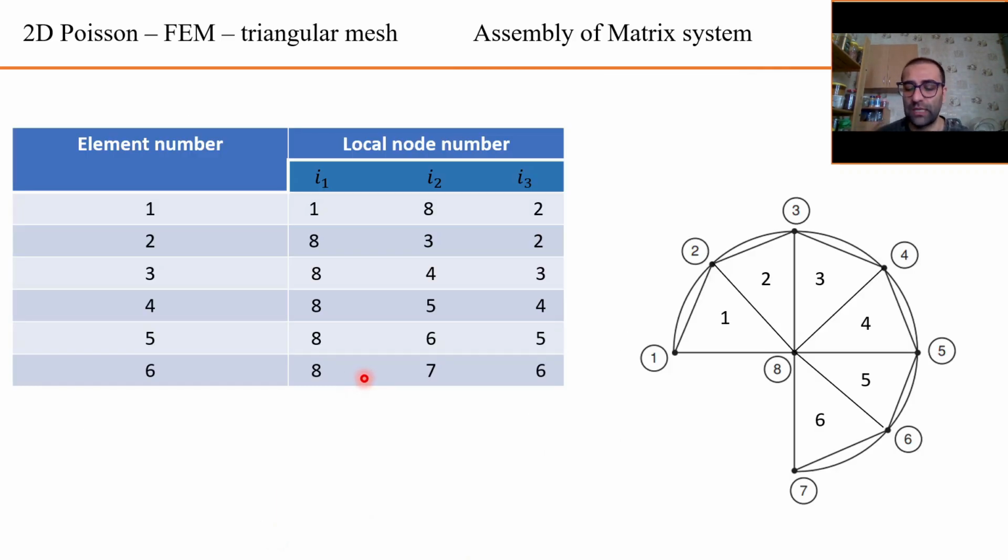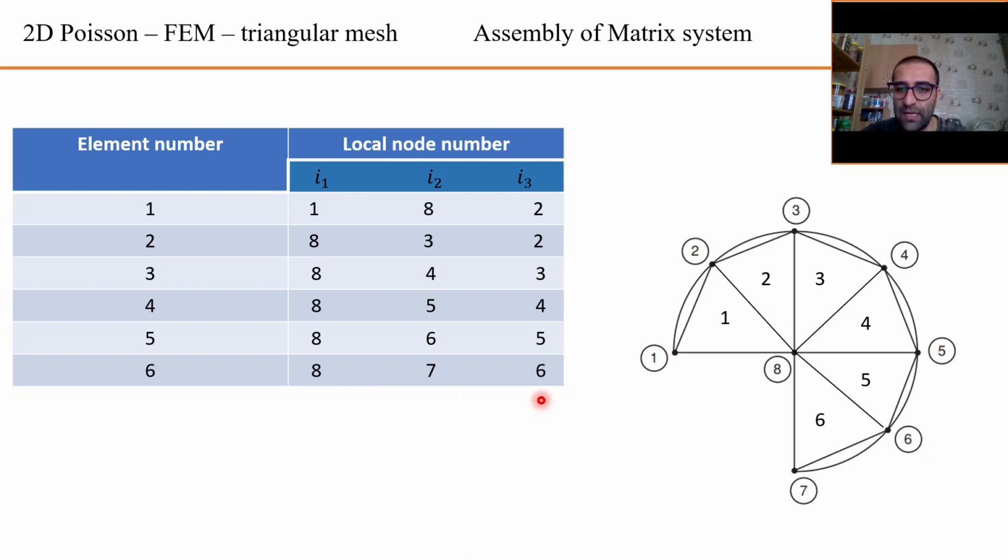But as I mentioned, in one dimension, connectivity of the elements was simple because we are on the line and we know that the right node of a typical element is connected to the left node of its, for example, neighboring element. Yeah, but in two dimensions, we need to somehow save the information of the connectivity of the elements to some